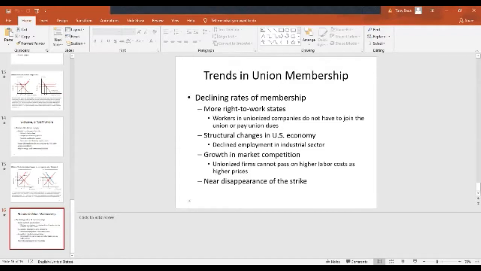And the last is the near disappearance of the strike. Like I said, strikes look totally different now than they used to, thankfully, but they just don't have the power that they used to have. We do have a fairly educated, well-trained labor force, and if someone walks away from their job, we can likely find replacements. So they just really don't have the impact that they used to, and therefore we don't really see them as a negotiating tactic much anymore at all. Okay, that's